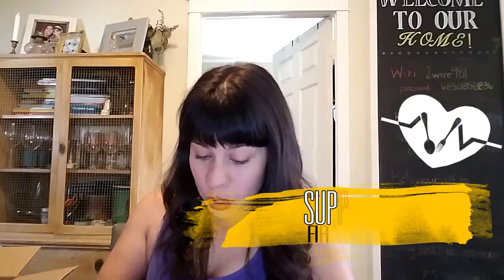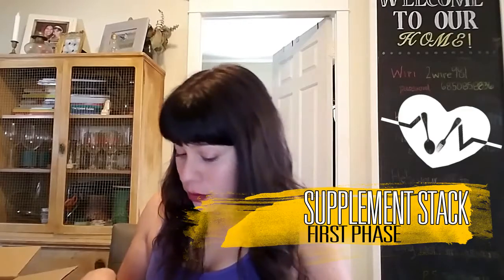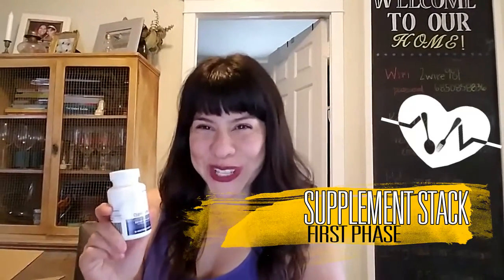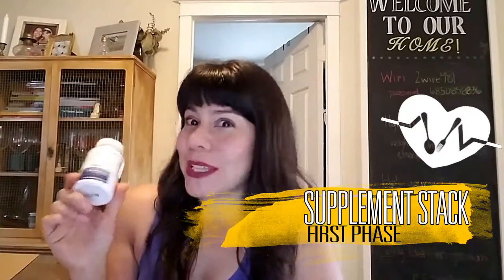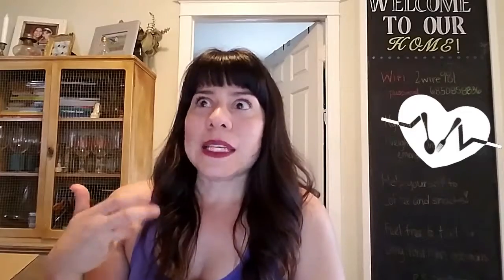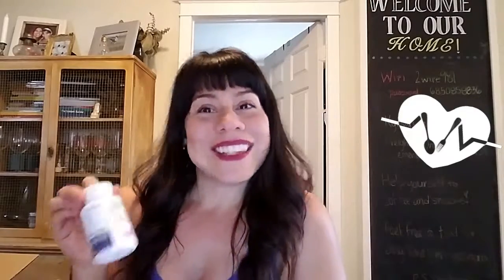So you have your digestive one. Oh, here it is, digestive enzyme. It's going to help you break down carbs, proteins, and fats. It's also going to include an ox bile extract. Remember I told you guys that sometimes your gallbladder isn't producing enough of its own bile, so you have trouble breaking down fat. That's the problem that I have. It just feels really heavy, really bloated. So that is included in this. And then it also includes betaine